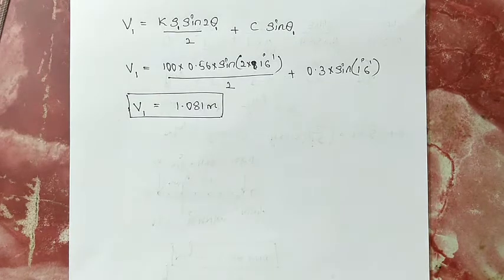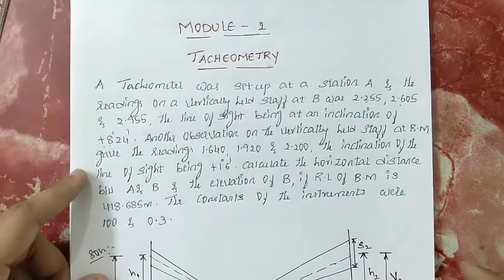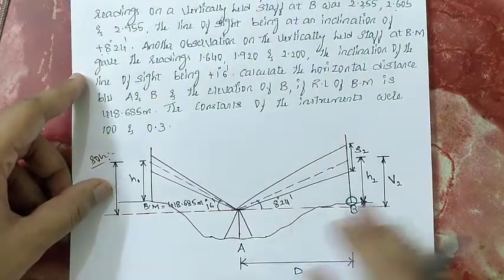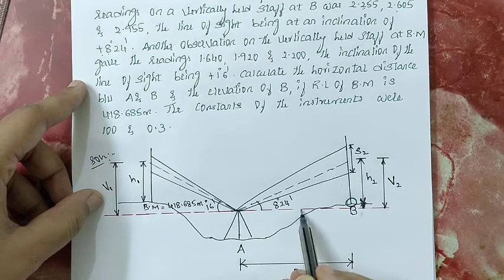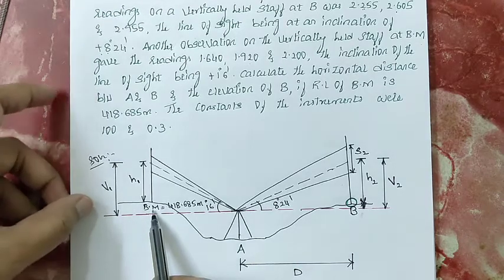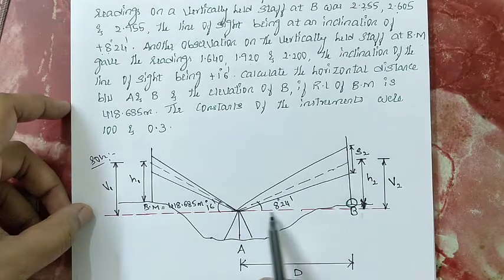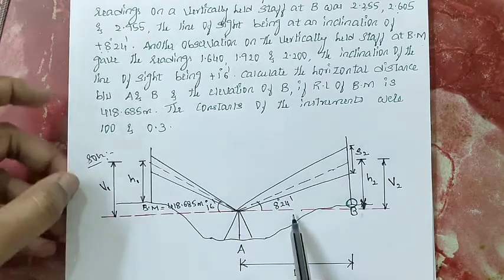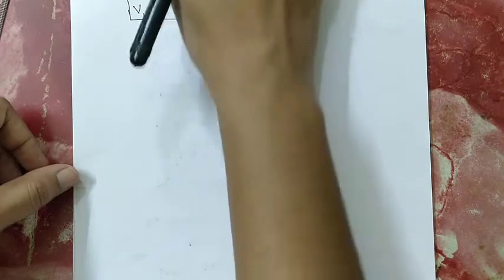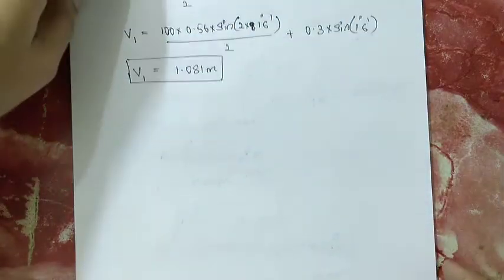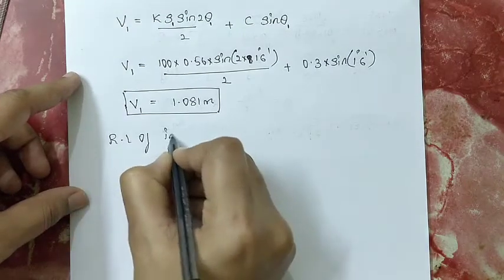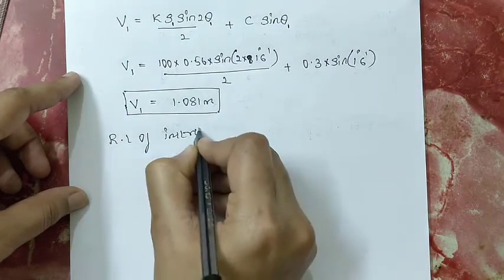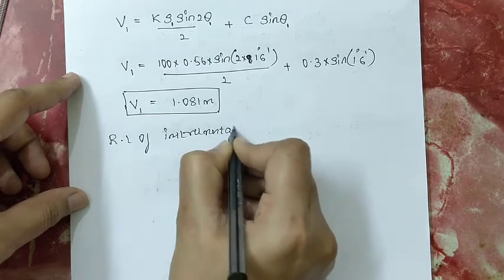Once you have calculated V1, you can calculate the RL of the instrumental axis. By taking the reference of the RL of the benchmark, you can calculate the RL of the instrumental axis, or the line of sight. The formula is given by RL of instrument axis,